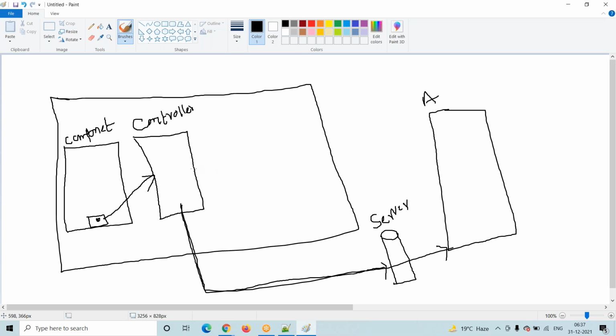But what generally we do is, from the controller we forward our request to the helper. From the helper we connect to the server, and from the server we connect to the Apex class. So from the second item, the controller, we can connect to the server, and from the server to the Apex class. At the same time, the third item we call the helper. From the helper also we connect to the server, and from the server to the Apex class.